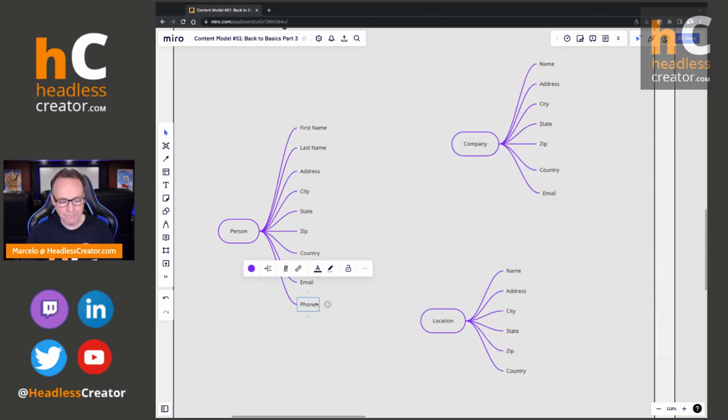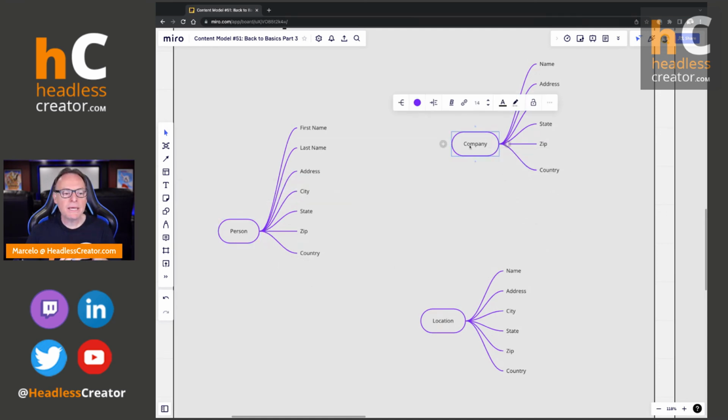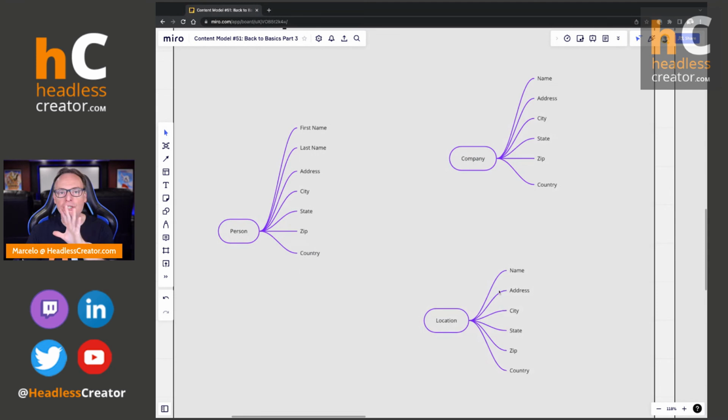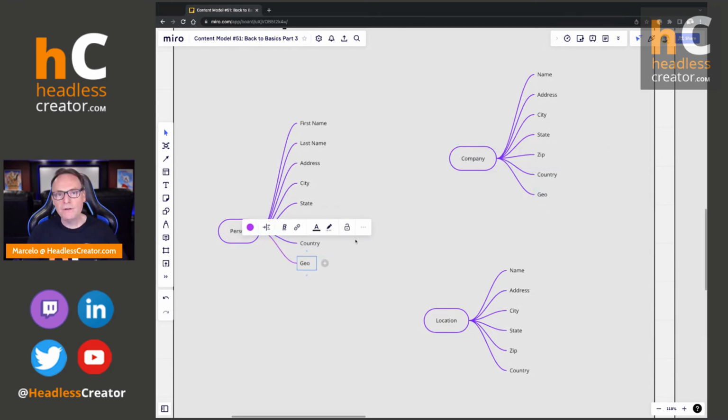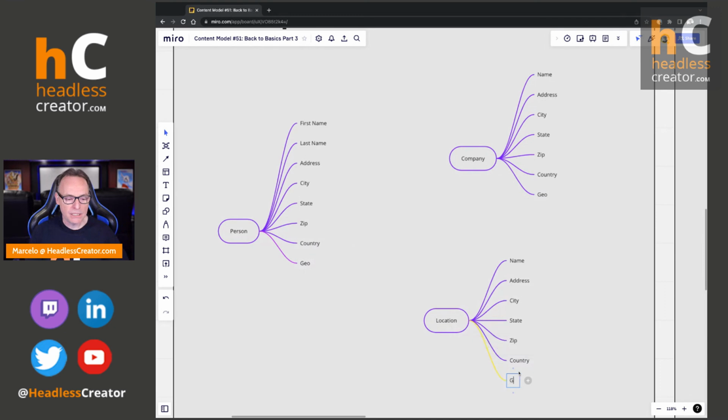Let's keep this simple and remove the phone and email for now. But let's say they come and say, hey, we need to track the geolocation now for this. So now you have to go into company and type in geo. You have to go into person, create a new field called geo, and then the same thing here. So that would be what you would